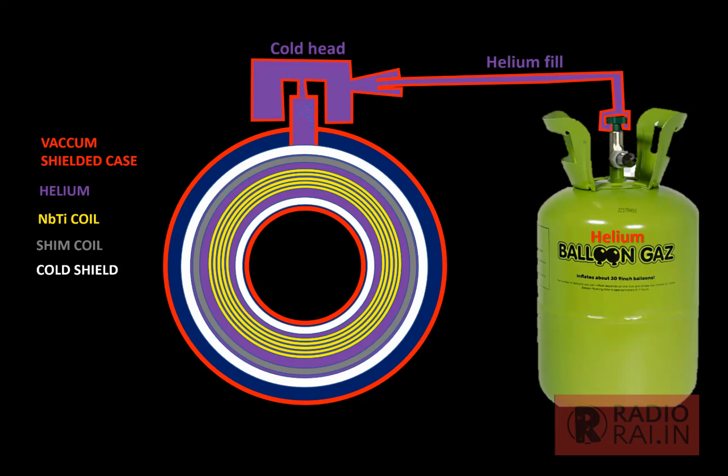I hope everyone understood what is a shim coil, what is shimming, what are the types of shimming, what are the shim coils, and how are they used regularly. Whenever we start any imaging modality, once we put the patient, the shim coils will automatically correct the magnetic field. It will try to get it to the ideal magnetic field, and then we'll start the imaging. So those are the different parts of the gantry.